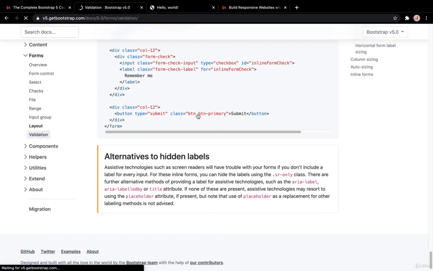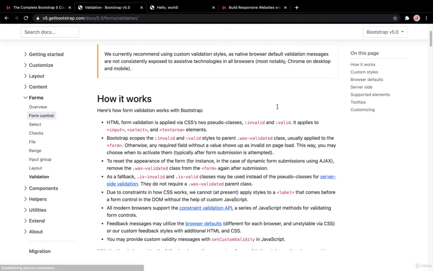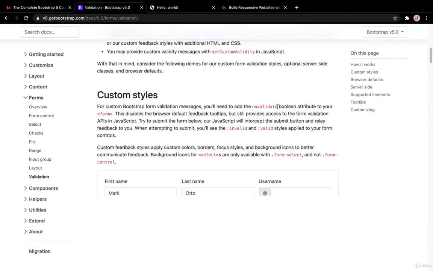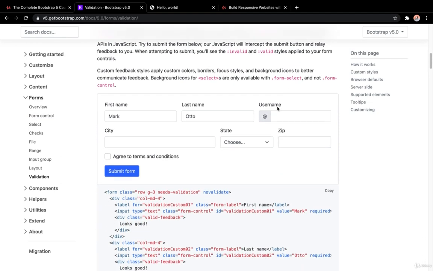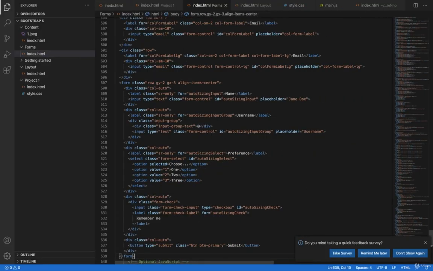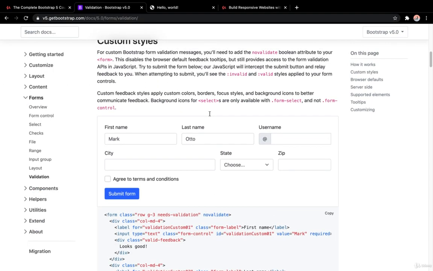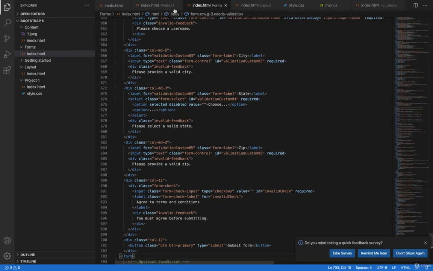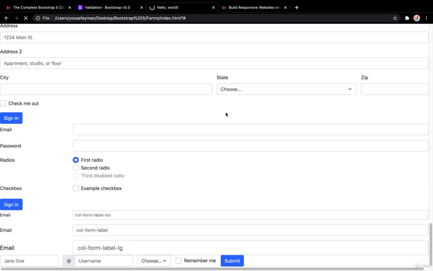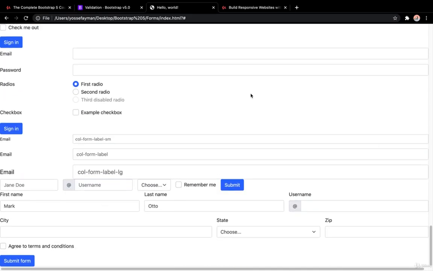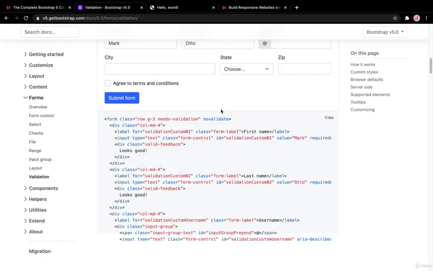Let's see what we have here in the validation. I think it will be for the backend web developers. No, we can't copy this. No validate. I think this one is for the backend. Okay, for the custom Bootstrap validation message. Yes, this is for the backend web developers, but we will do it. Okay, now we got all of this from here to here. The next thing we have here is